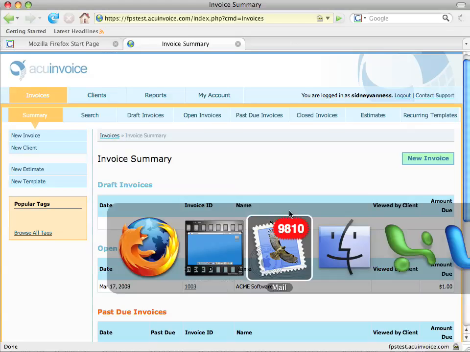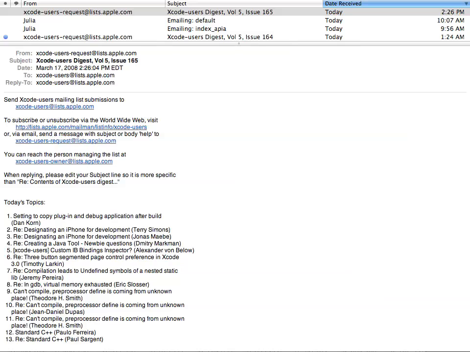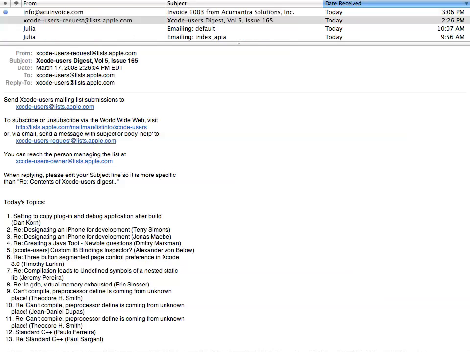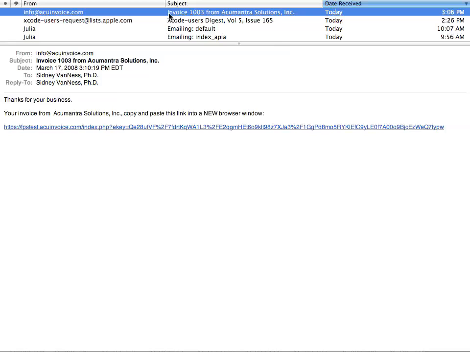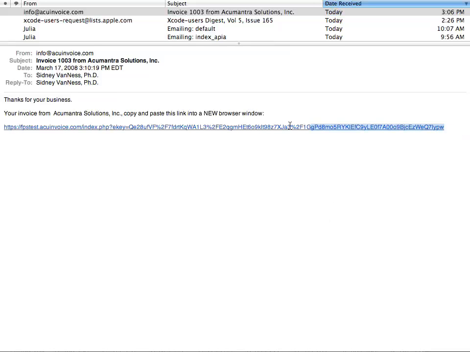And so let's go over here. I'll get my mail. Here's the invoice. It just showed up. When AcuInvoice sends out an invoice, currently it only sends out a link. The reason is because this is a lot easier to track the view of the invoice. So I'm actually going to just copy this and go back to Firefox here